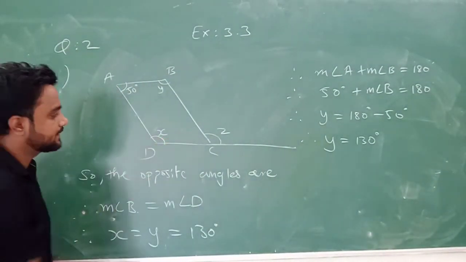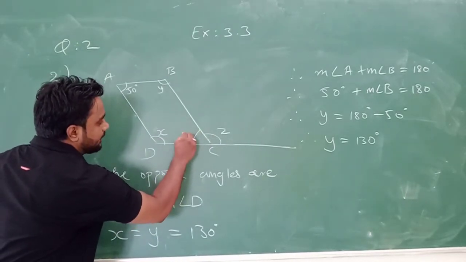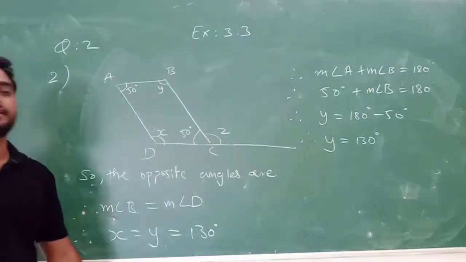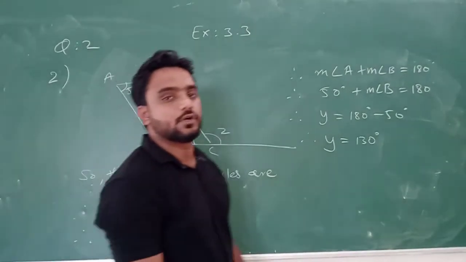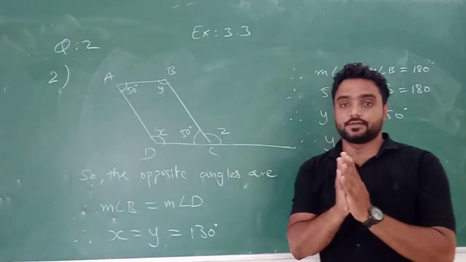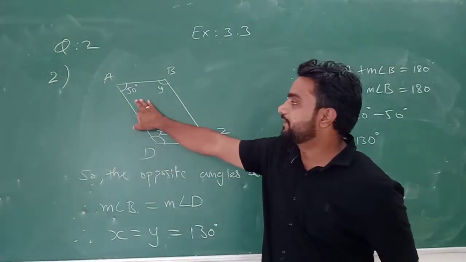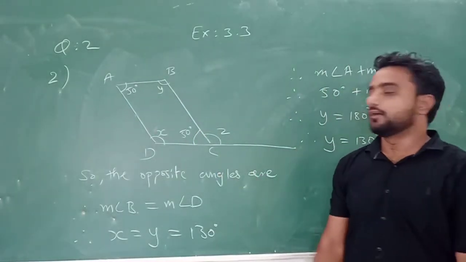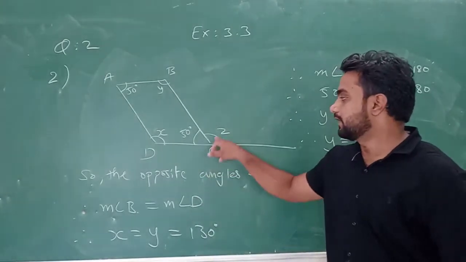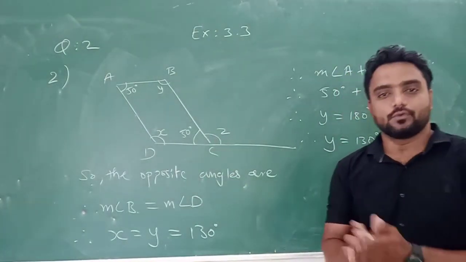Now यहाँ देखो 50 degree here it is. So what will be these angle? So this angle is also equals to how much? 50 degree. This angle is also equals to how much? 50 degree. Understand or not? Why? Because both are the opposite angles of a parallelogram. ये 50 है तो ये कितना होगा? 50 होगा. Okay. अब जब ये 50 है तो ये कितना होगा? You can give the answer orally also.